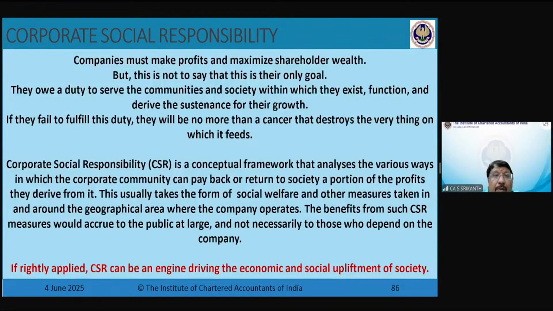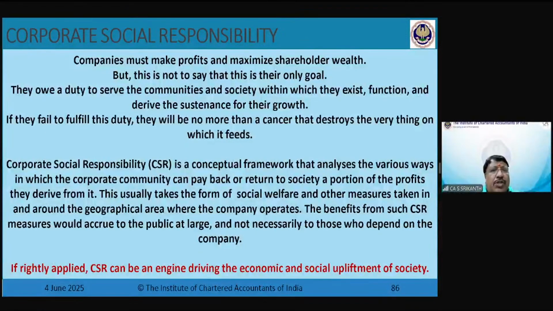But does it mean to say that a company has no duty to serve the community? This has changed from the early 45, 50s, post World War II. Slowly things have changed. And post the 70s and 80s, corporate social responsibility has become an important topic. Okay. So now economists and the philosophers and thinkers have agreed.